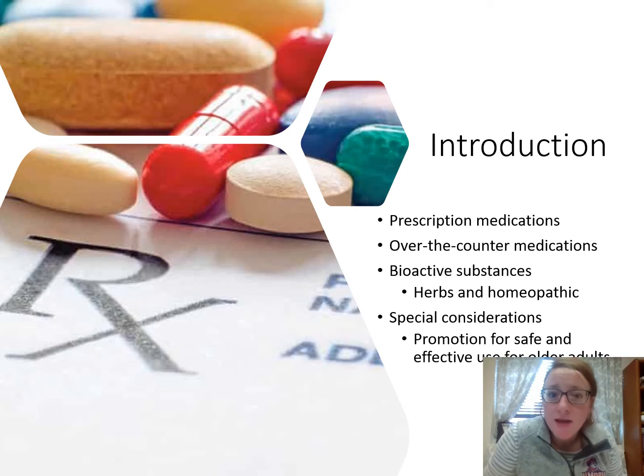So talking about medications, first we must consider all sources of medications. This includes prescriptions, over-the-counter medications, herbals, and homeopathic substances. And so when we're asking the older adult what medications they're taking, we should really use these words specifically, because a lot of times we must remind them that we don't just want to know about prescription medications, we want to know about everything, because any substance that's going to be absorbed and go through pharmacokinetics in the body, so absorbed, metabolized, that's all going to interact together.